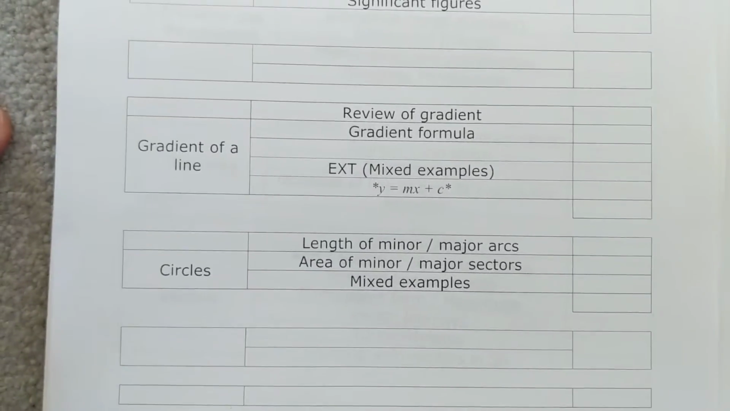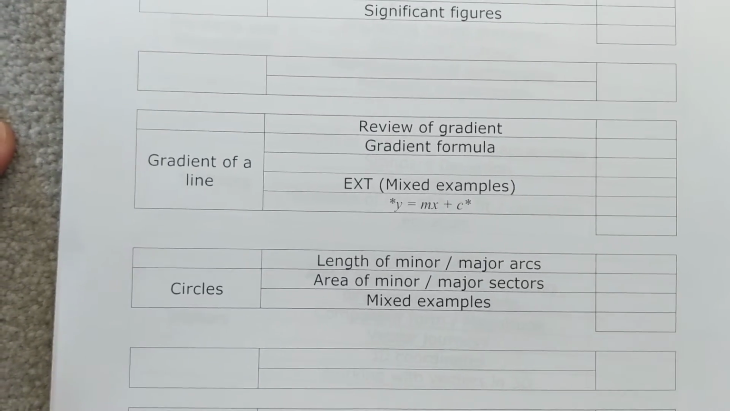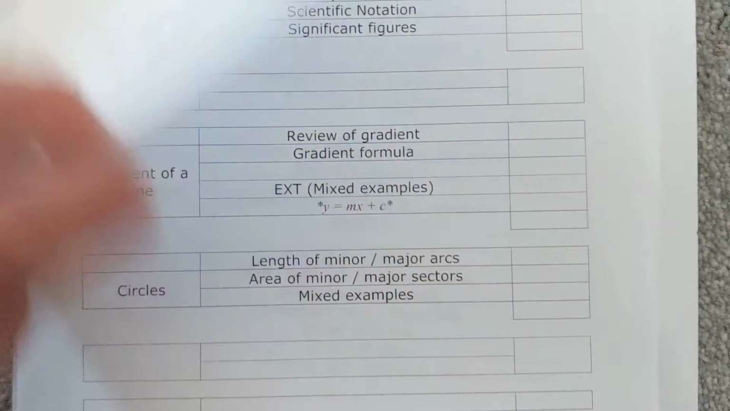Circles, so basically your arc length and sector area, and working backwards obviously would come into that as well. So that was the first unit. The second unit